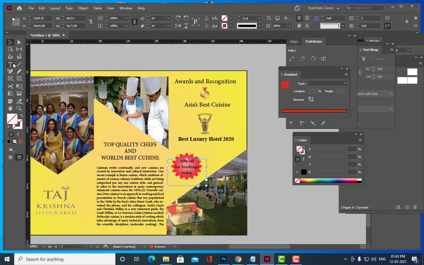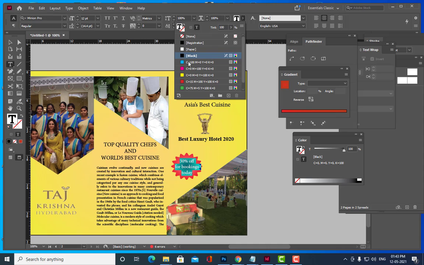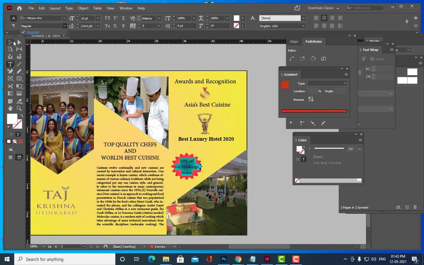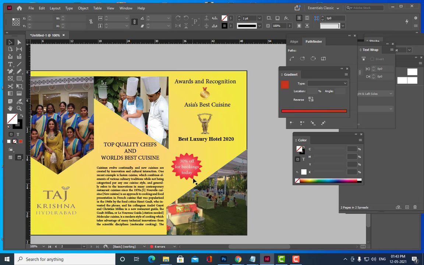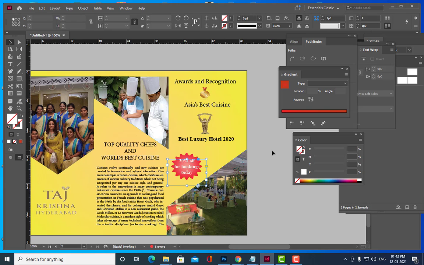So then we will just give some red and white color to this. Right, so we want actually some bold also. So we can give bold. I'll use Times New Roman bold. See, in case you want to give some drop shadow to this design, so what you can do,